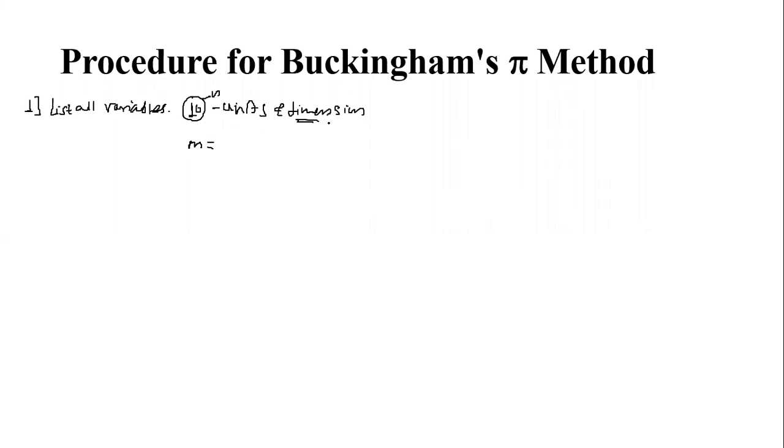Suppose that from the units and dimensions we are getting m as 3, meaning M, L, T, all the 3 fundamental dimensions are present. That we have to check firstly in the first step. What we did, we listed all the variables, we considered the number of variables n as 10, we listed their units, we listed their dimensions, and from that we have found how many fundamental dimensions exist. So here for example I am considering that we have got the fundamental dimensions as 3.